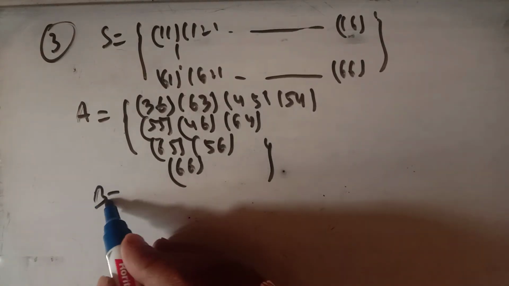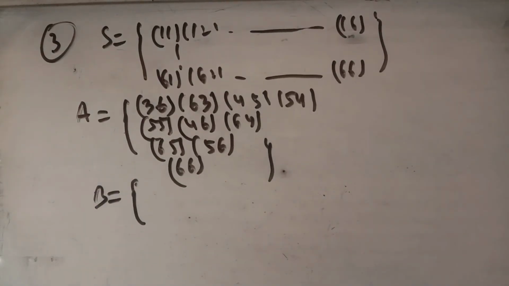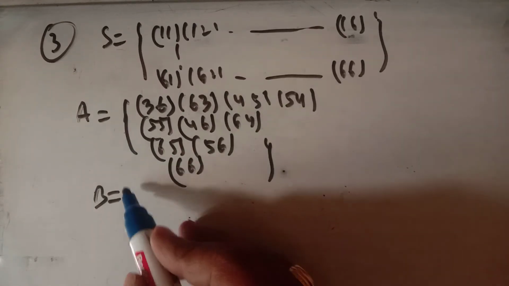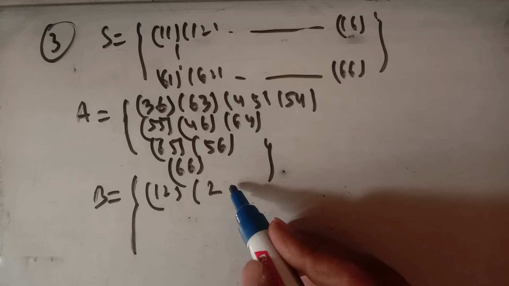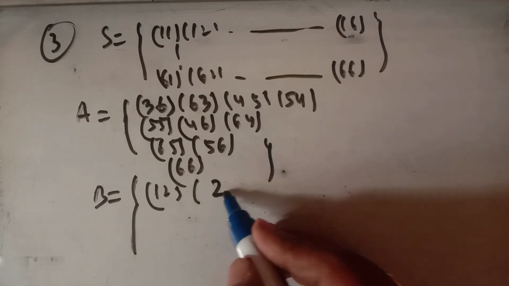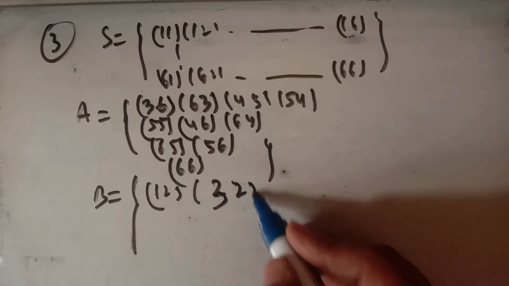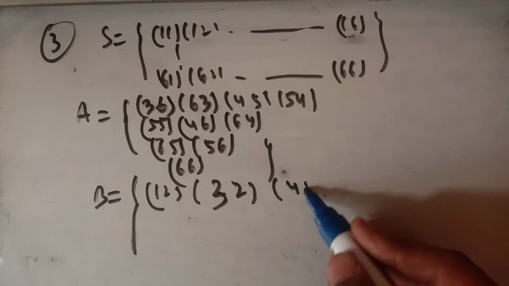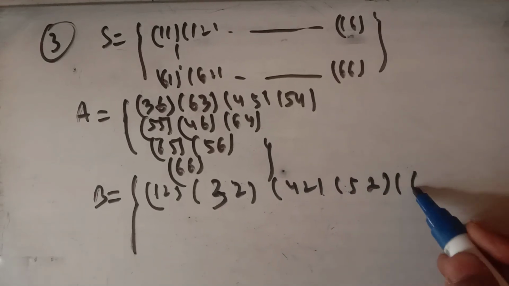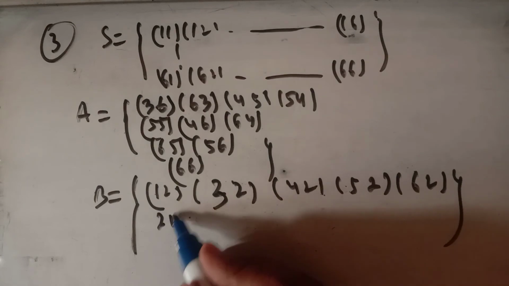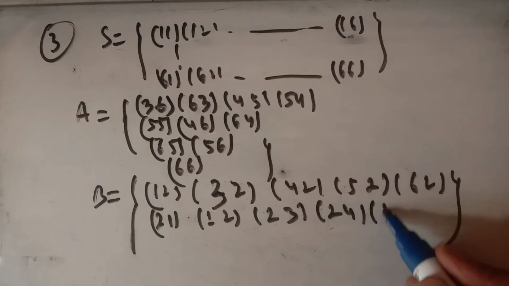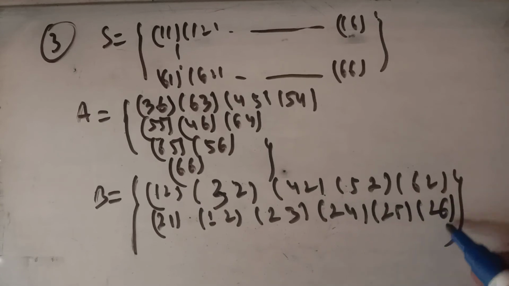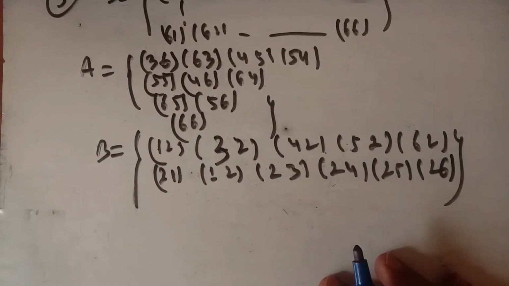Now what is B? 2 occurs on either die. किसी भी die पर 2 आ जाए आपका. तो 1 2 आ जाएगा, 2 2, 3 2, 4 2, 5 2, 6 2 and 2 1, 2 2, 2 3, 2 4, 2 5 and 2 6. These are the events containing at least a two on one of the dice.